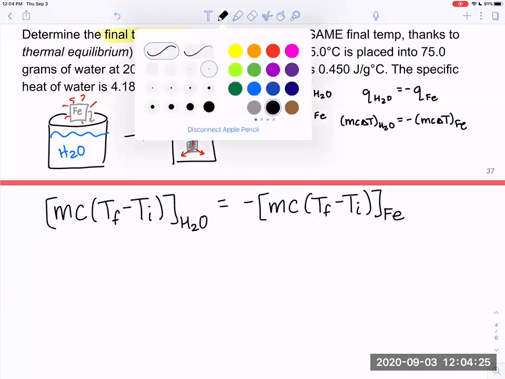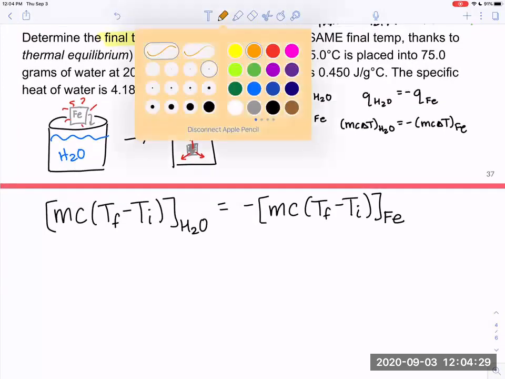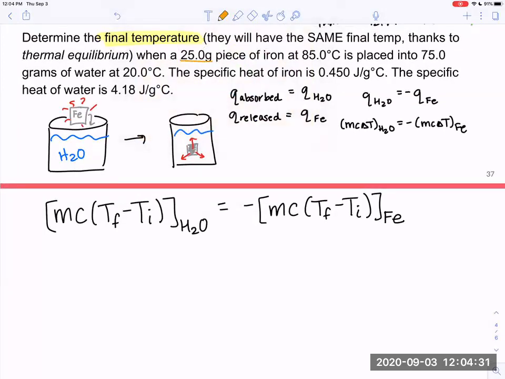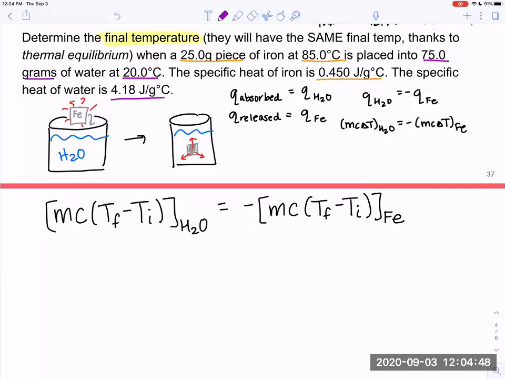So let's do that. Let's just plug some stuff in. So let me color code a little bit for you. So I'm going to do everything about iron in orange, and I'll do everything about water in purple. Okay. Just to make sure we're all good here. So over on the left side, I'm talking about water, so I'm going to use all my purple stuff. I've got my mass,